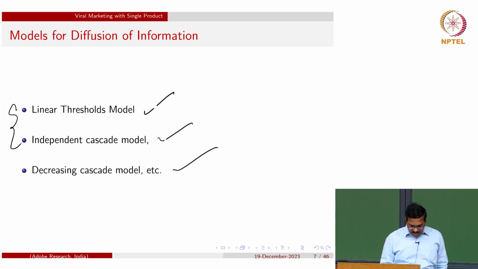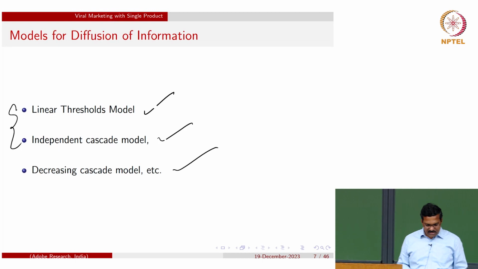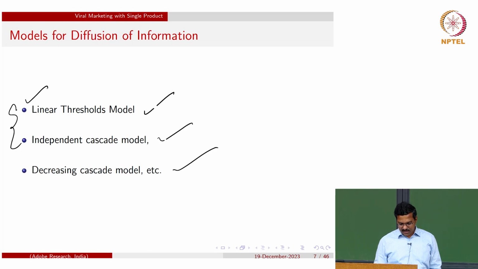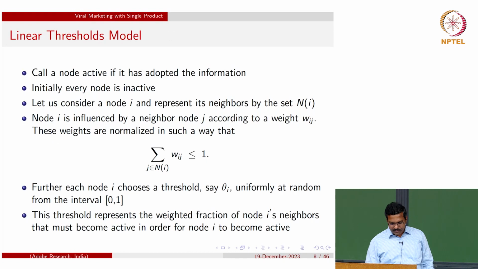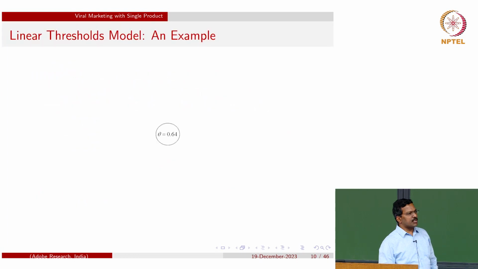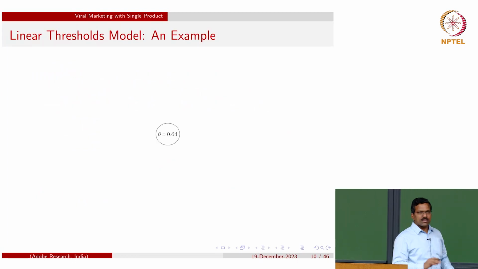So, in the interest of time, I don't want to get into all these things, but I'll take one representative model so that you get a feel of how to model these things. Let me get started with the first one, the linear threshold model. I'll give an example first and come back to this. So, in the linear threshold model, how does it work? Okay, it's a network setting.